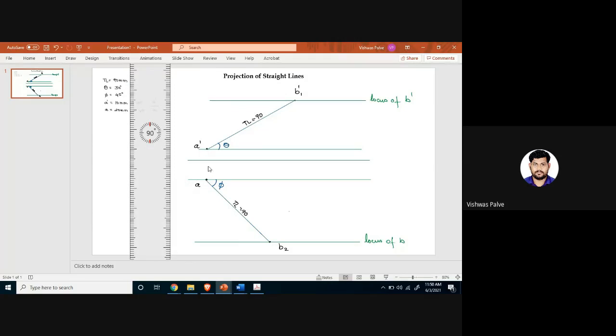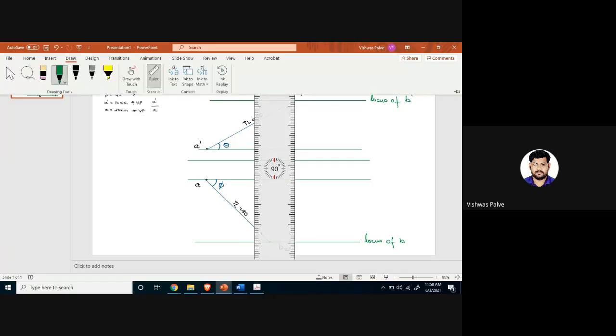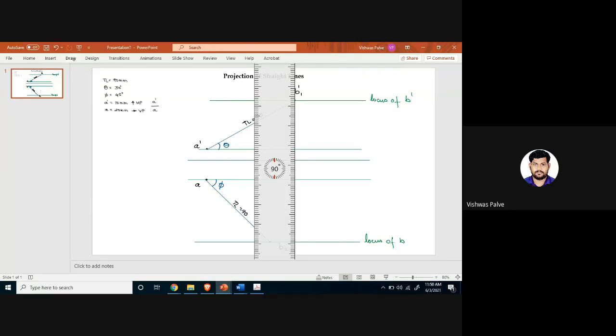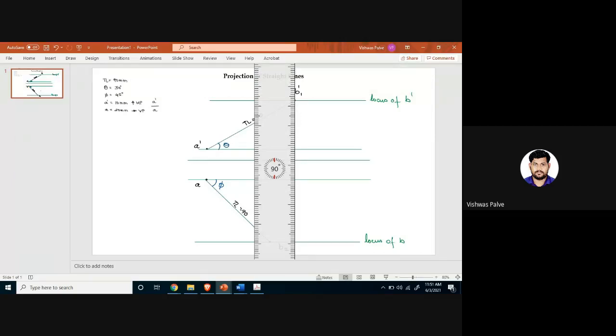For that, we have to take a projection of B1 dash. Take a vertical projection of point B1 dash. I will take a vertical projection, and for this I will use some different color. Let it be green. Anything drawn with black will be the dark line. All other color lines are just faint lines. For understanding purposes I am taking a different color. You have to draw a vertical line up to